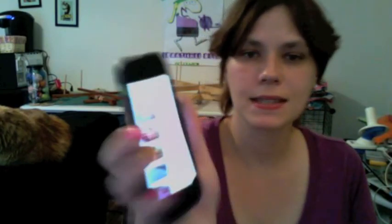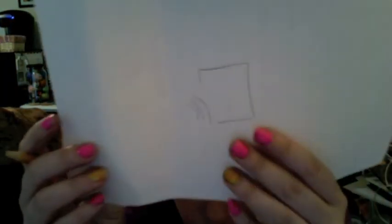But what I wanted to show you is if you have an iPhone, I think it works on the iPad too, and I don't know for sure because I didn't try the iPad, I only tried the iPhone. But you see, oh, you can't see it. Up at the top, there's this little box that looks like this. It's right up here beside my search. And if you click on that, then at the bottom of your screen, I didn't have to do anything for this to happen other than be in the same room. If I'm in the same room with the PS2, the bar at the bottom pops up and says, do you want to connect to the PS2? And you push yes, and then whatever's on your screen on YouTube pops up on your screen on the TV,